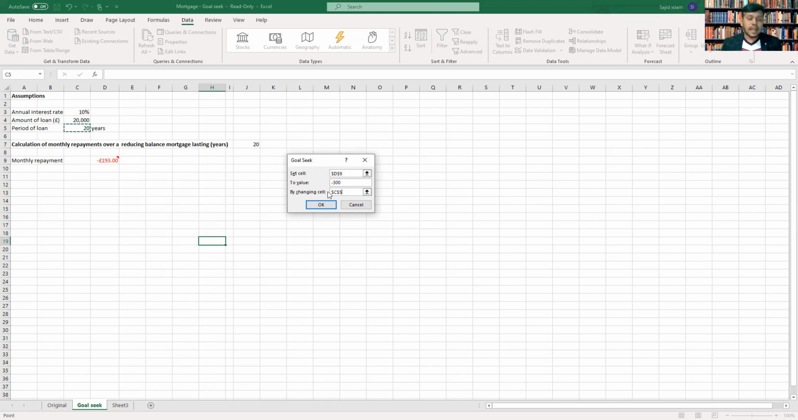So what happened on the set cell? I want to change this one, so that's why it's D9, and how much I want to pay, 300, and what I'm looking to change. I'm looking to change the year, how many years it will take if I pay 300, not 193. And after that, I'll click OK, and the goal seek will look for me. And after the goal seek tells me that if you pay 300 every month, it will find a solution for you. I said okay, and it will take me